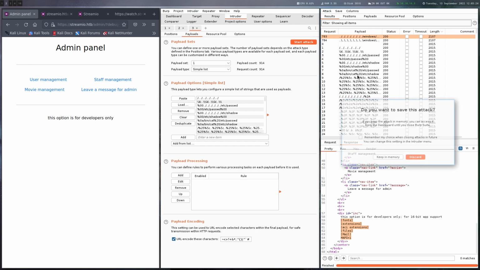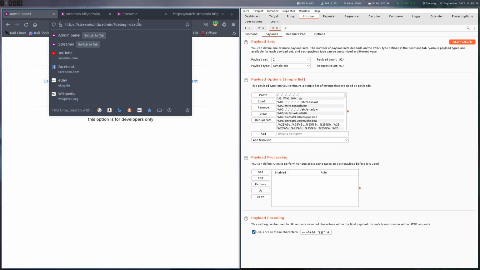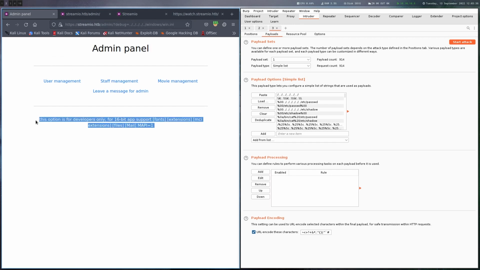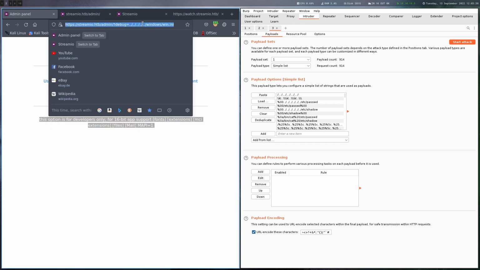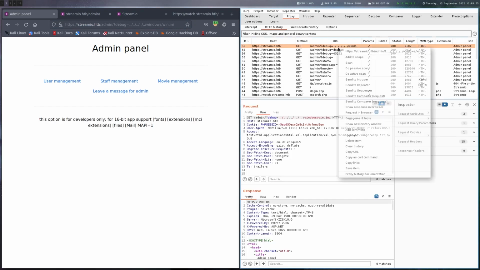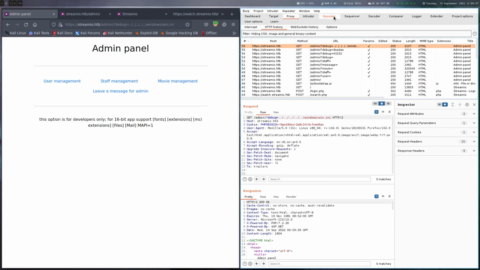So we can also try that manually. If we just go back, we can get it here as well. So this LFI is definitely working. Now we don't really know what we want to read, so to be a bit creative here, we know this